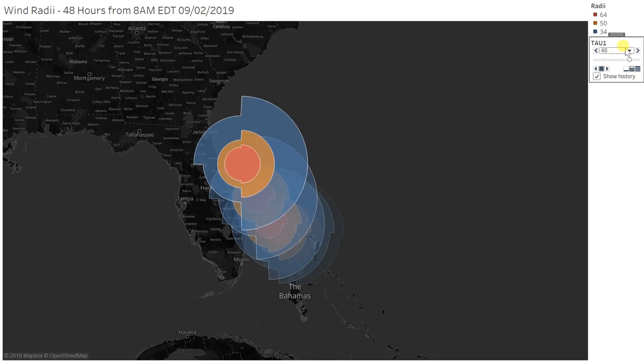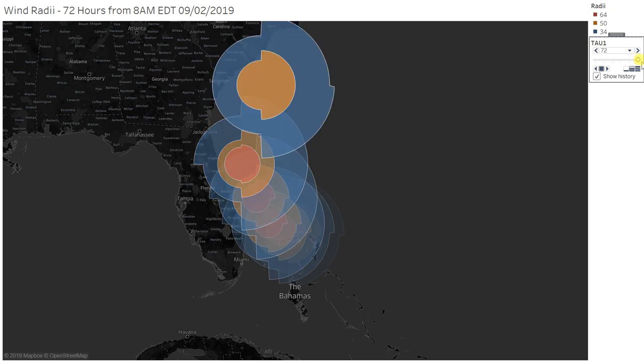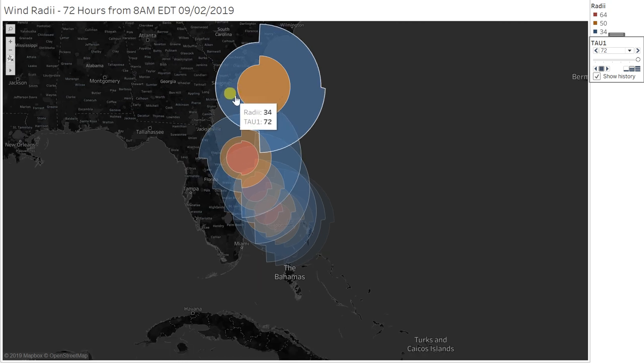So wind probabilities only go out 72 hours, but you can see here the 48 to 72 hour forecast. Today's Monday, so this would be Thursday morning: Monday, Tuesday, Wednesday, Thursday morning. Tropical storm force winds from Wilmington probably all the way around the southeast coast. The only reason it doesn't show it here is because of the jump in time. There's no 12-hour gap filled in between,